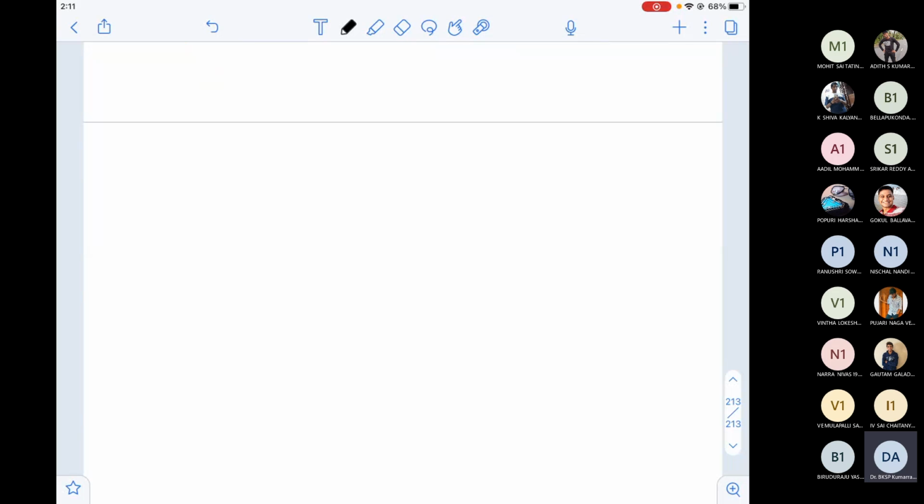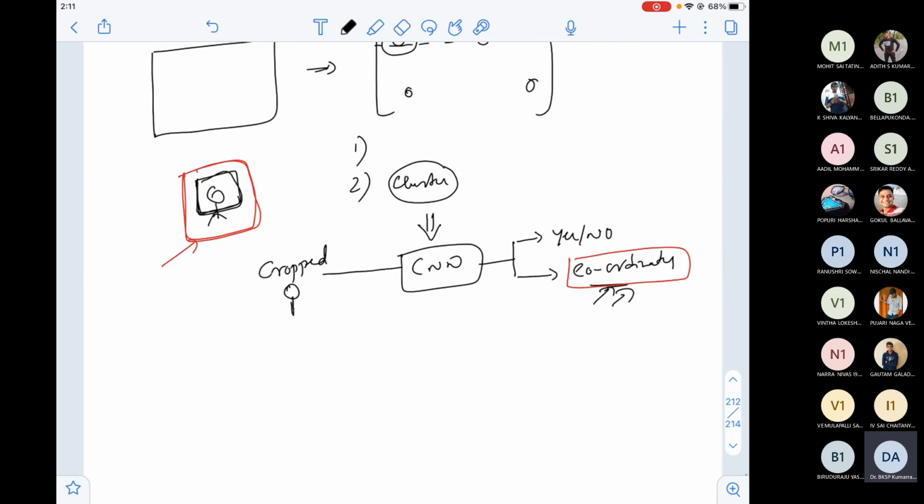The question we need to answer is, how can a single CNN give two kinds of outputs? You have to give the classification output, and you also have to give the regression output. One is regression and the other one is basic classification.